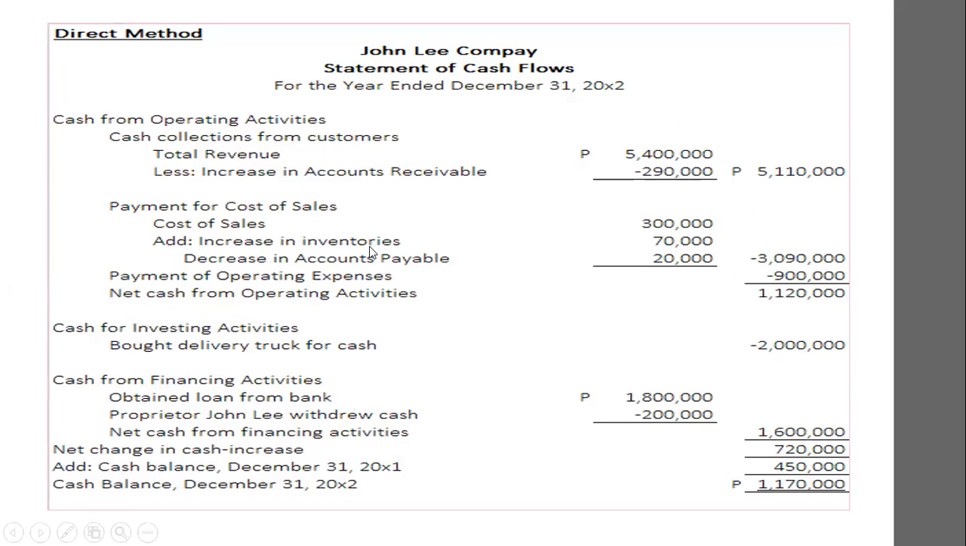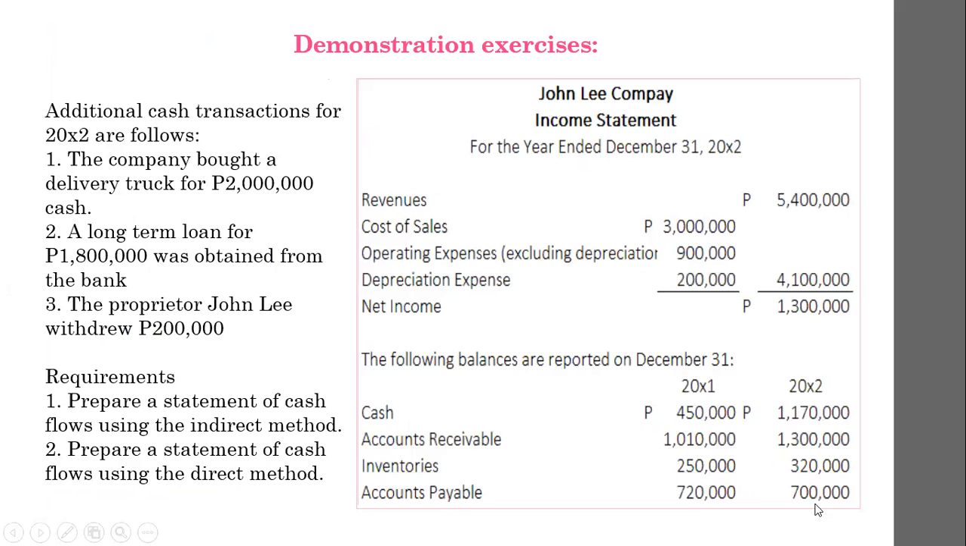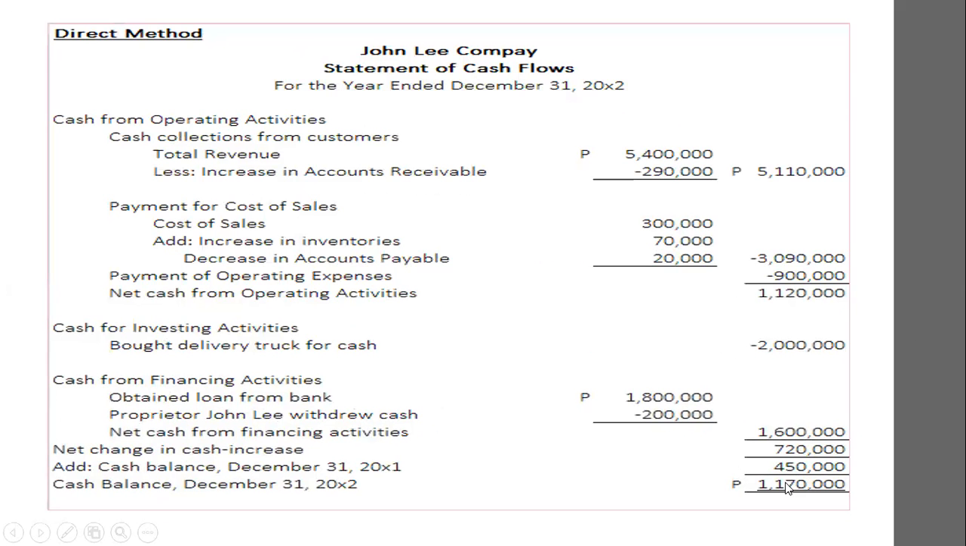Under increase in inventory, so 70,000. So, dito sa direct method, sinunod natin yung symbol na meron sa indirect. Diba sa indirect, negative? Kasi nga, based doon sa computation. Pero pagdating sa direct method, dapat nga,